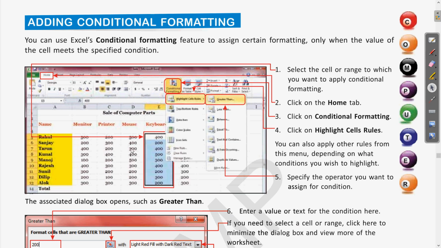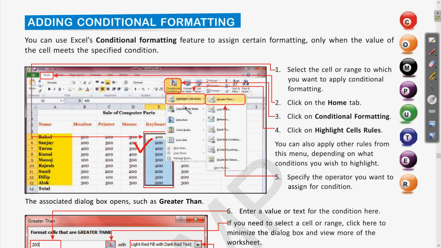So here is the example for applying conditional formatting. First we select the data which is present in our worksheet, then go to the Home tab, and in the Home tab we have the conditional formatting option. Clear? Now click on Highlight Cell Rules.